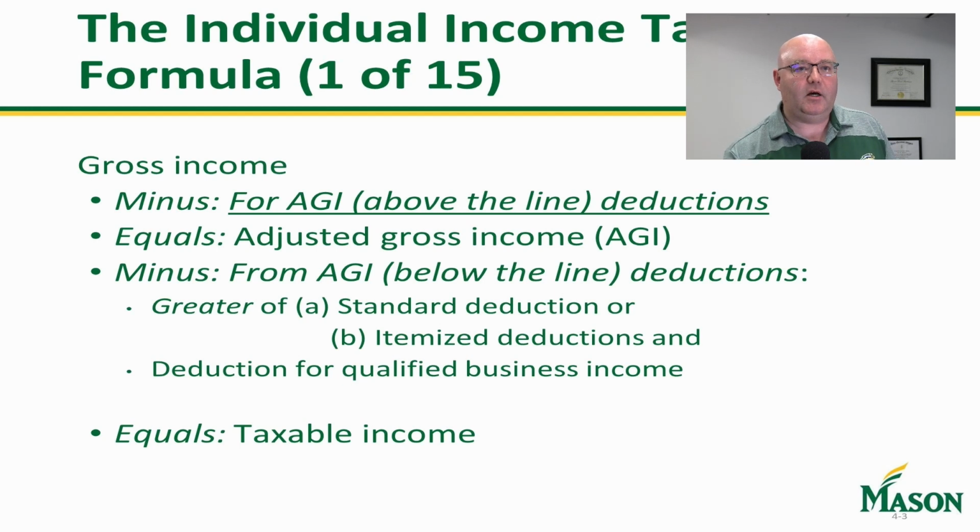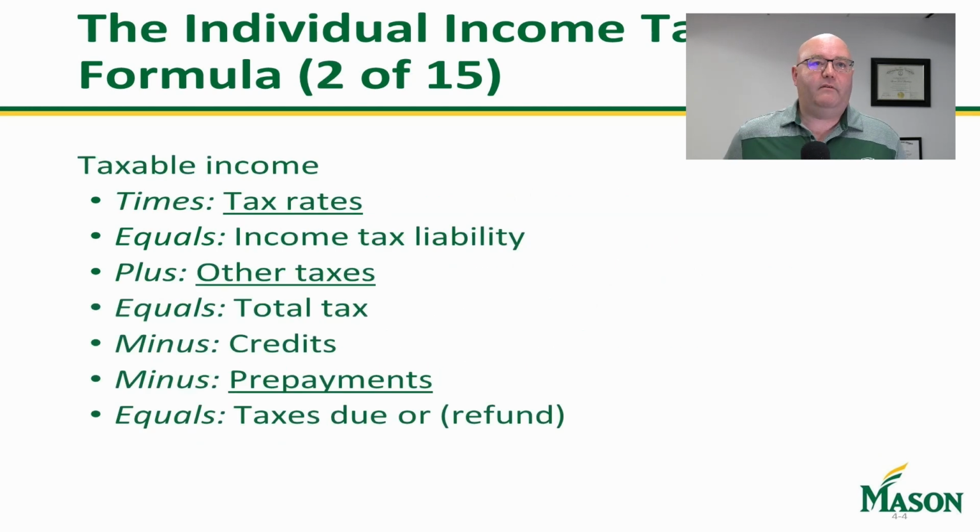From taxable income, you are then going to have your times your tax rate. Now, when we say times tax rates, mind you, we haven't gotten into how to calculate taxes yet. As we talked about in Chapter 1, the United States works on a progressive tax system. What that means is that as your income goes up, your tax rates will go up too. But what it doesn't mean is that all of your income will be taxed at that level. So for example,